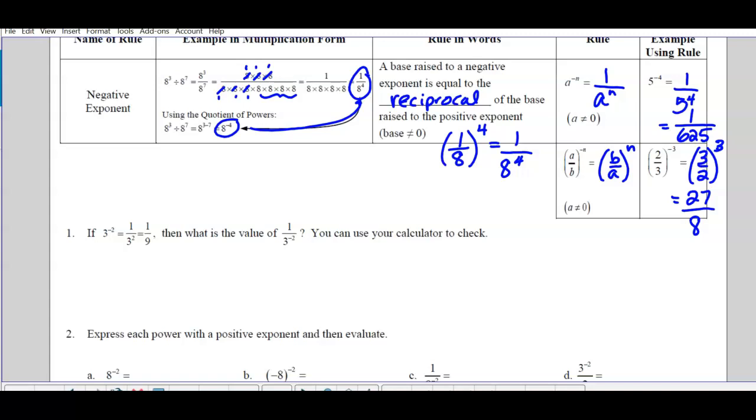Then what do we do if we have a negative exponent on a number that's in the base? So when it was in the numerator, we flipped it to the denominator. When it's in the denominator, we should flip it to the numerator. So anytime you want to change the sign of an exponent, then you're moving it from the numerator to the